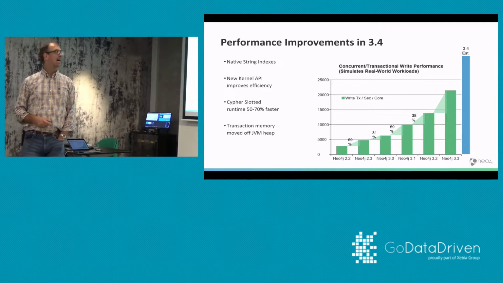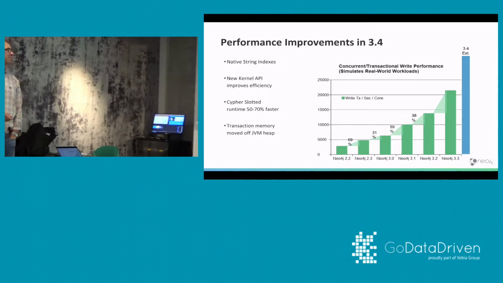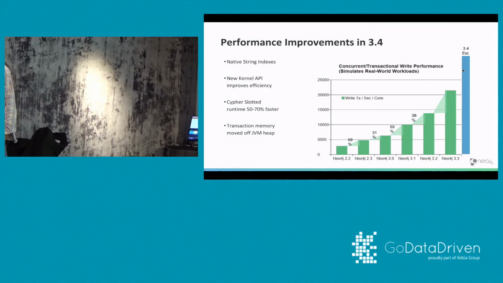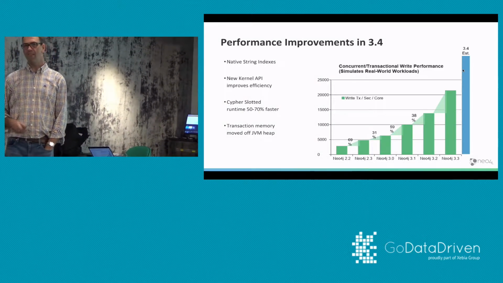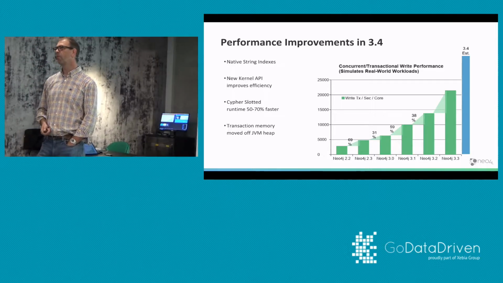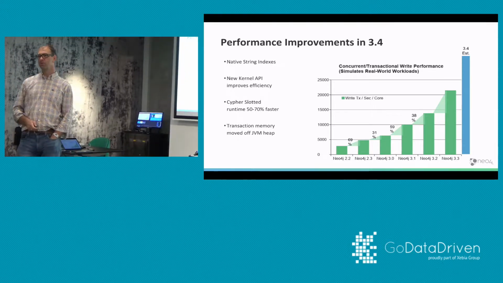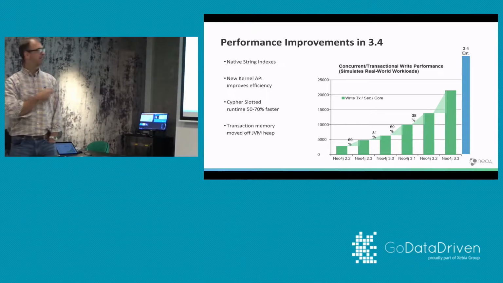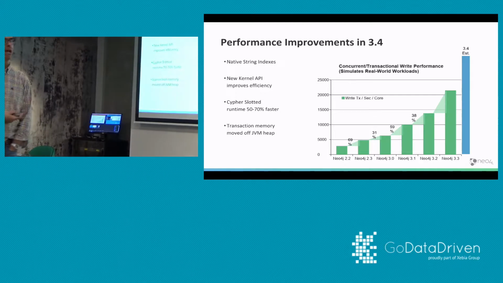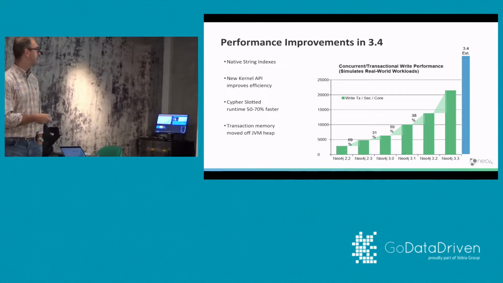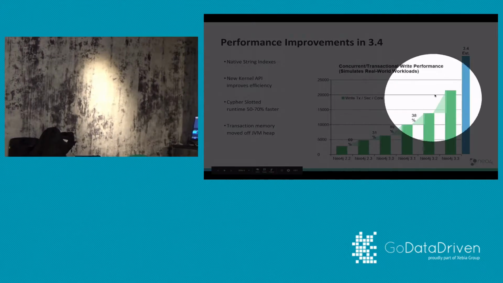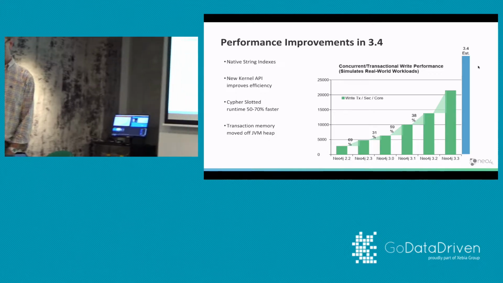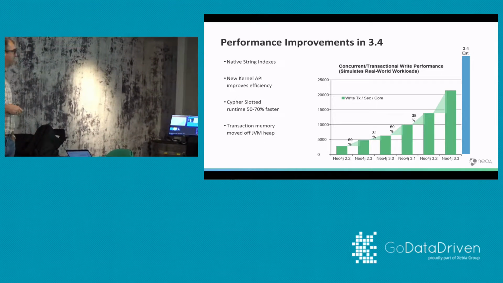Neo4j 3.4. This summarizes the end result: a huge gap in performance. I'm sure this is not true of every workload. You will probably find that for your workload it's not as much, or a little bit less, or maybe a little bit more. This is an average. This is what we see in our lab when we compare different versions of Neo4j. Look at 2.2 over here, and this is 3.4. We've made a huge improvement again, and I'll try to explain why that is.